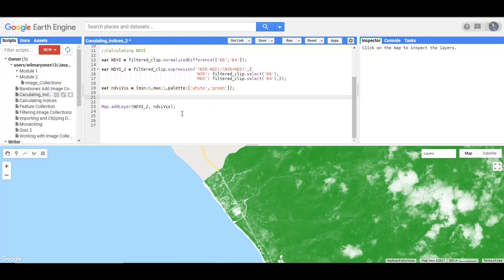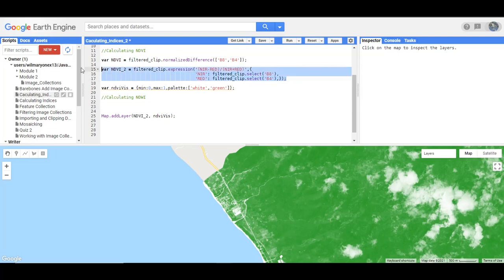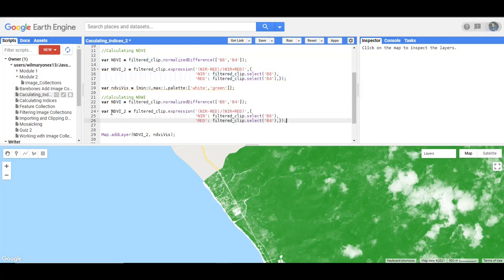So let's now move on to calculating the NDWI. Basically we are going to use the same two methods, so we are just going to copy it and rename the variables and also the bands. For NDWI we are going to use band 3, that is the green, and then band 11, that is the SWIR. And then for the NDWI2 here,